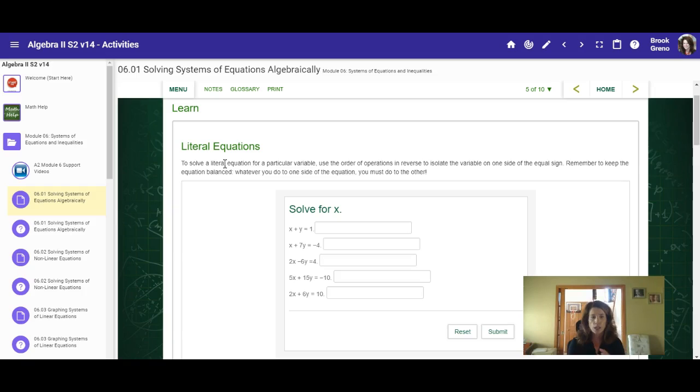So maybe, for all of these, it's saying, how would you get x alone? So this first one, you're just going to subtract y to the right. So just using your same rules as solving an equation, what you do to one side, you must do to the other, being able to do that also with variables and getting a certain variable alone. So working through that,